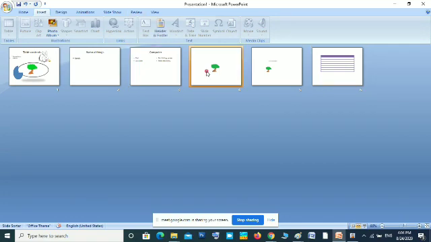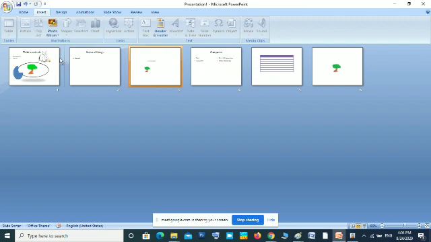Okay, after that I want to move this picture to the second slide. Just click, drag and drop after the first slide. So this is useful for rearranging our slides after making a complete presentation. Sometimes we want to change the order of the slides. At that time we can arrange it by clicking and dragging. Okay, that is slide sorter view.